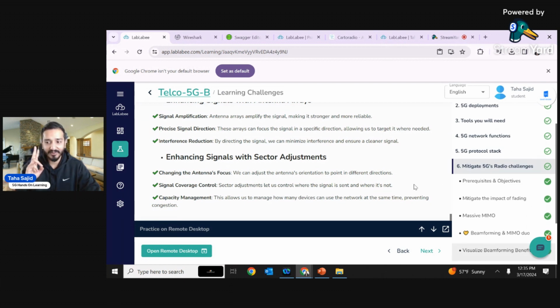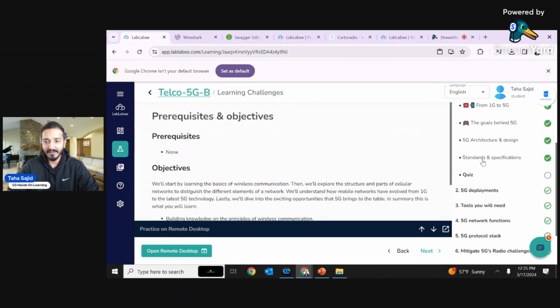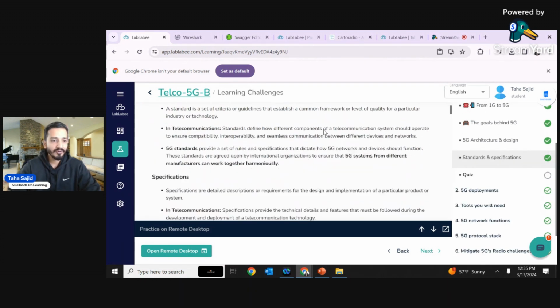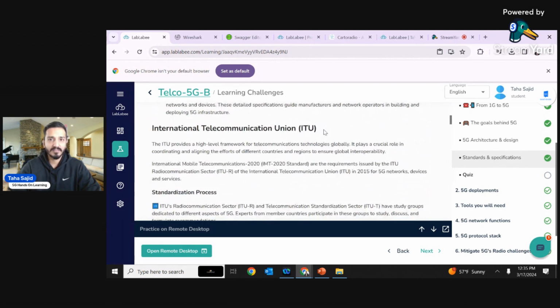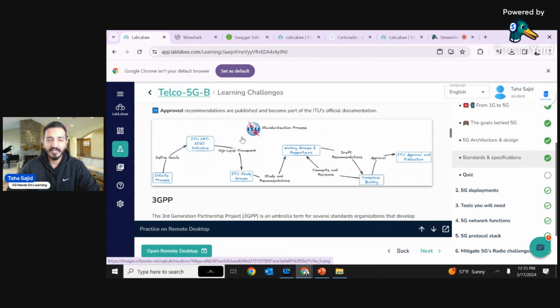Sorry, before I go, I want to also cover two topics. I'll just give you a brief theory of them. One is the standards and specifications part of 5G. You need to understand the ITU, the International Telecommunication Union, which has different initiatives and different working groups. Each working group has rapporteurs, who are the leads of that group, and who collaborate and interact with different companies in order to set up